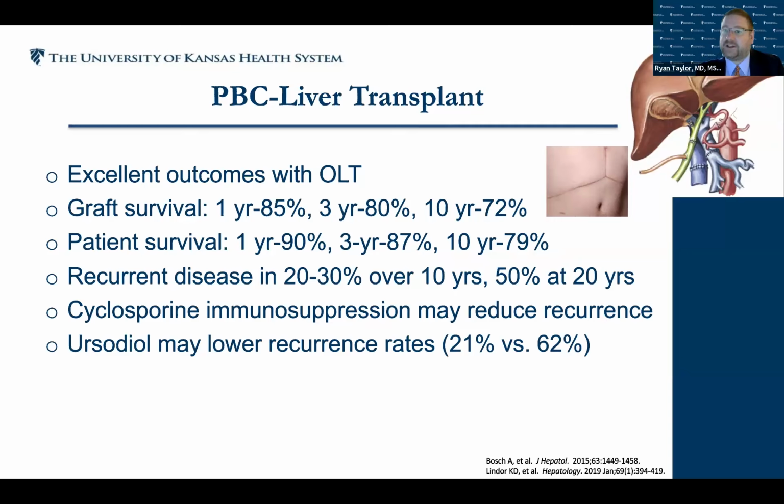So unfortunately, if patients do not respond to treatment or they have progression of disease, then ultimately we have to look at a liver transplant. The good news is that we have excellent outcomes with liver transplant for PBC. We have graft survival approaching 72% at 10 years and patient survival approaching 80% at 10 years. So for a patient who is miserable, dying from their disease, with liver transplant, they can get a complete new lease on life and have a complete change in their perspective.